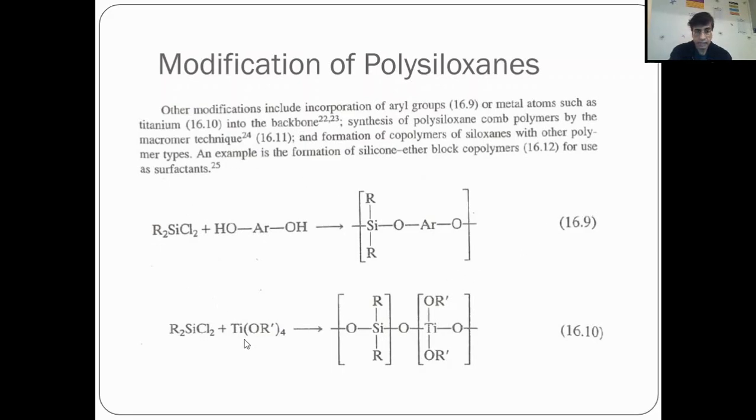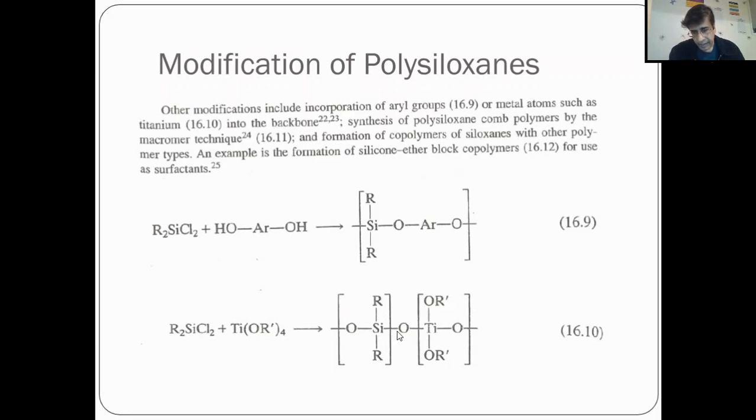Now another thing is using titanium metal in the chain. Again you start from the disubstituted one, because the disubstituted gives you the linear one. When you do the reaction here, you have four OR groups, one on top, one on the bottom, one on this side, one on this side, that will continue the chain. So the Cl will go with the R, and RCl will be the byproduct, and this O is connected to the Cl. So look at here, this is your siloxane,